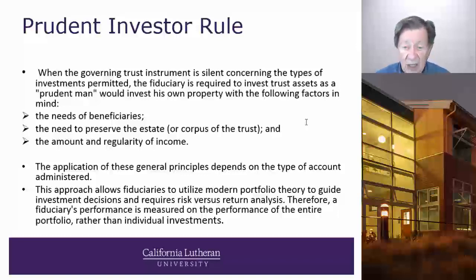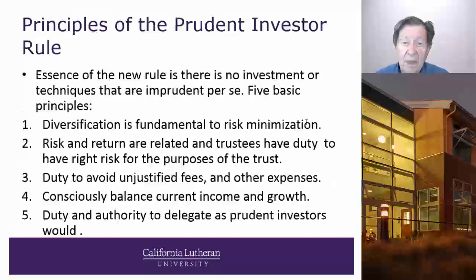I think the most important thing here is we can use the modern portfolio theory, which is very important. It doesn't stick us back to where we stick everything in U.S. savings bonds and real estate. And that's a big advantage of the prudent investment rule. That rule is used in 48 of the 50 states, either in total or major part with modifications, when applying to the assets of a trust, the investment assets of a trust, obviously.